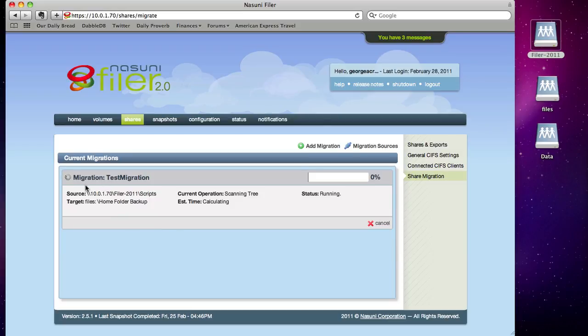And now you can see it's calculating the amount of time it's going to take, and the process is going. It also gives us, as you can see here, it's scanning the current tree, letting us know how long it's going to take. And there you go. That was obviously a pretty small folder. So we are good to go, and we will go over to